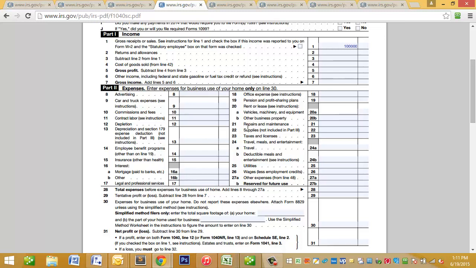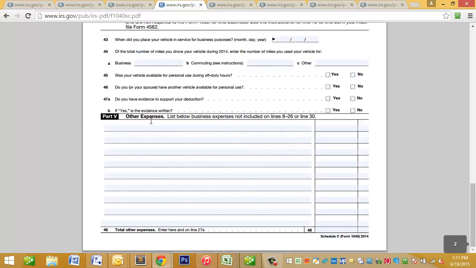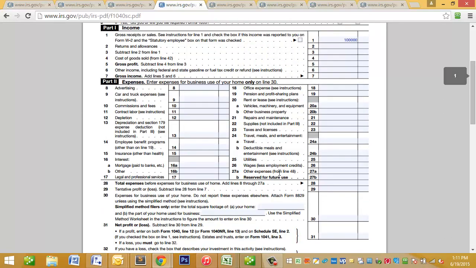You also have repairs, supplies, taxes. You can see all these different categories. And then there's also an other expense, another section down here for other expenses. So there is a place for you to put all the things that you spend your money on. Now what I usually coach my clients to do, and the way that we set up our QuickBooks files, is